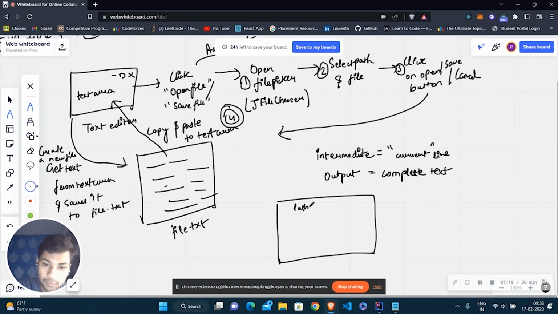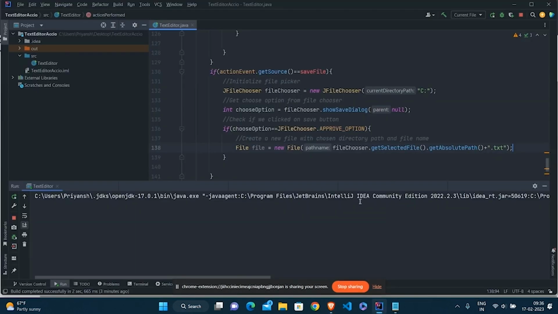And we have a file name here, and we have a save button and a cancel button. Now, when we click on the save button, a new file object will be created. A new file will be created with this path.